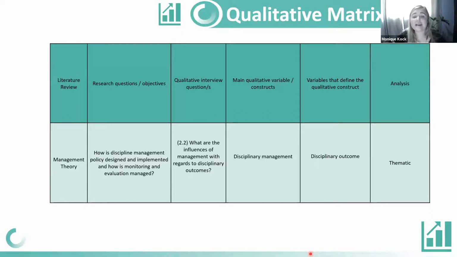How can I ask my qualitative interview questions? Well, I'm going to ask these 5 questions because I know the literature review is one of the focuses that we have. My focus would then be, what is the research objective? How can I answer this research objective? By looking at the qualitative interviews that we are going to ask. These qualitative interviews are closely going to relate to this theme. And within the qualitative interviews, we are going to see whether the participant is actually discussing these constructs that we have identified. And if you follow that process, you would, in the end, avoid any mishaps in your qualitative process.